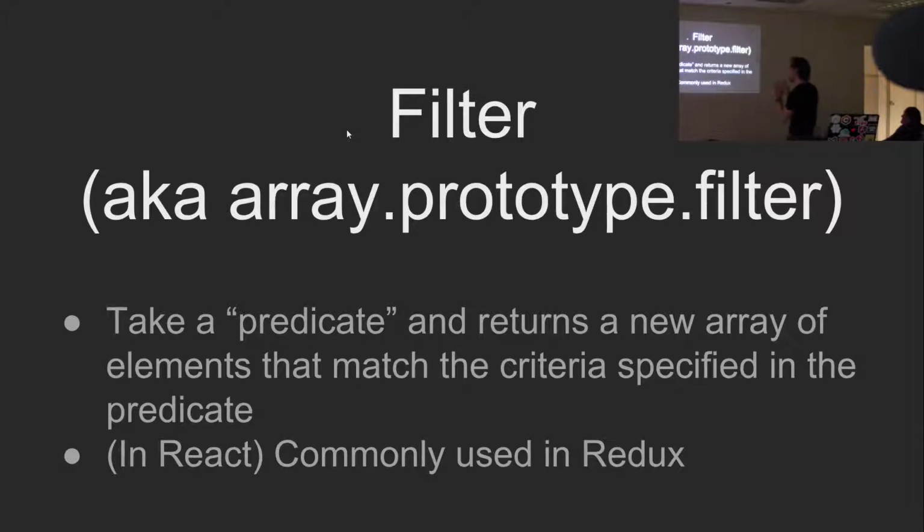Filter. These will take a lot less time because they're a little more straightforward. Filter, also an array prototype method, I believe it's also ES5. I think I took those out because I was beating a dead horse here. Filter takes a predicate and returns a new array, so it's also immutable, of elements that match the criteria specified in the predicate. It is used in React, but it's probably most commonly used